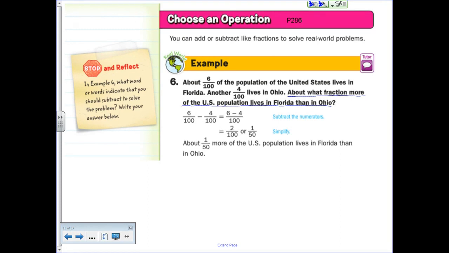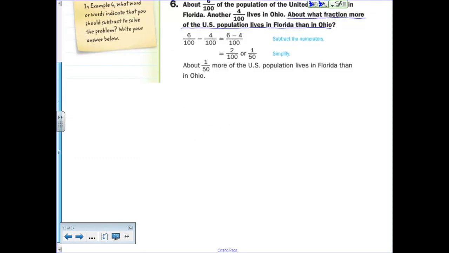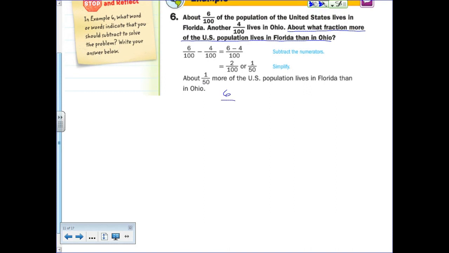Well, when we look at this problem, it says about what fraction more. If it asks how much more, is that indicating addition or subtraction? Well, if you said you had 6 chocolate chip cookies and only 3 sugar cookies, then you would say, hey, I have 3 more chocolate chip than sugar. That would be a subtraction problem. Well, that's the same thing we're going to do here. Whenever you ask how much more, it is subtraction. So this problem should say 6/100 minus